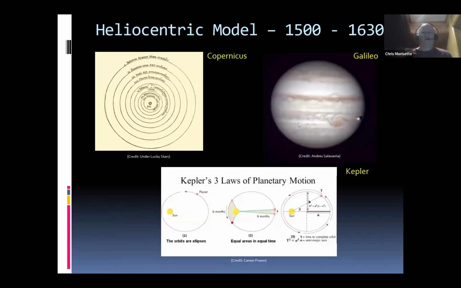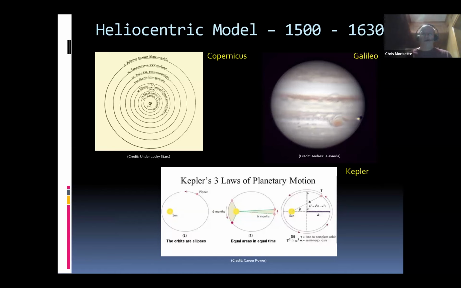Here you see in the upper left the Copernicus contribution. Essentially, he proposed that we live in a heliocentric world as opposed to a geocentric world. It was a very elegant solution, because by making that change in our assumptions, you no longer needed these epicycles or equants or anything like that. You were able to more straightforwardly predict the motion of the planets.